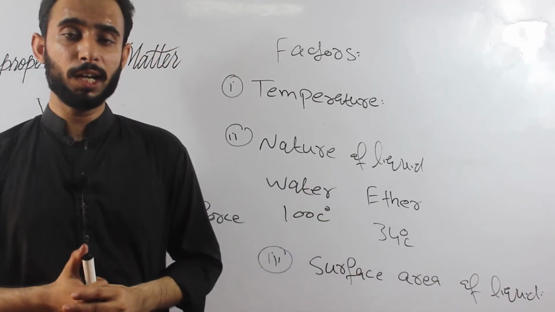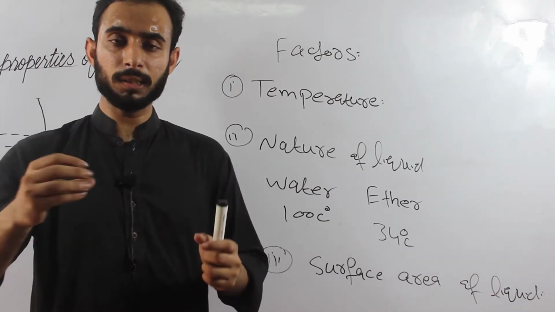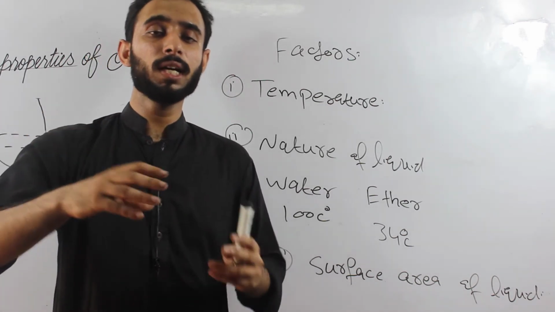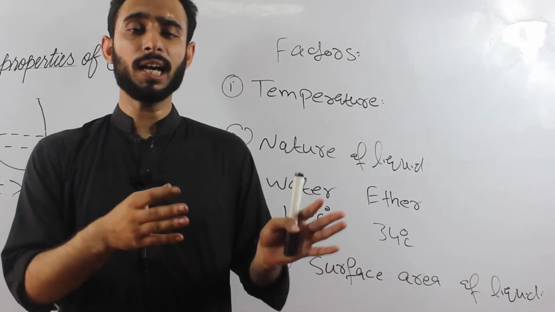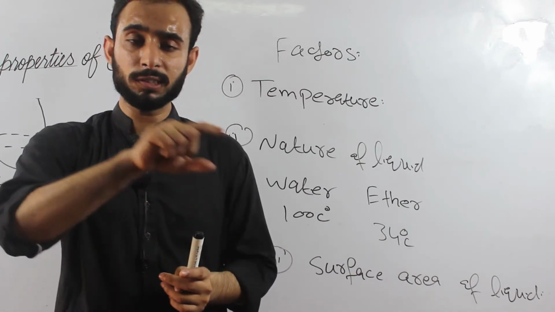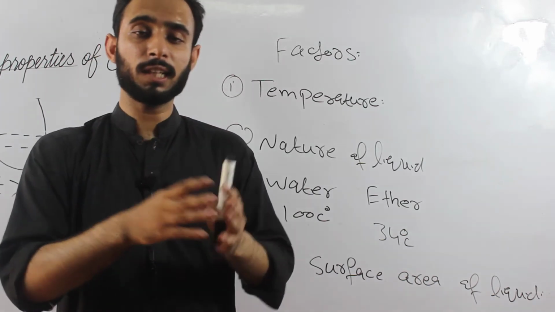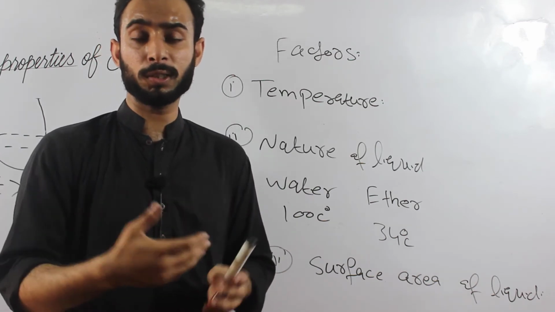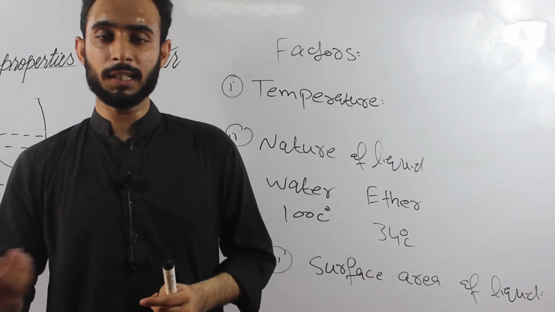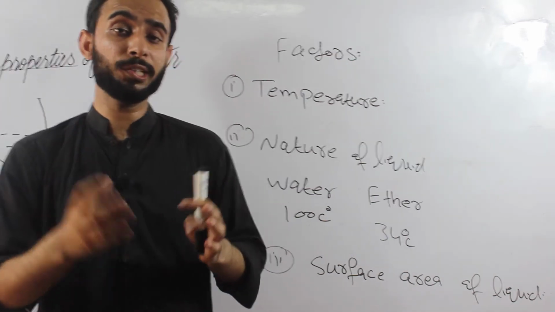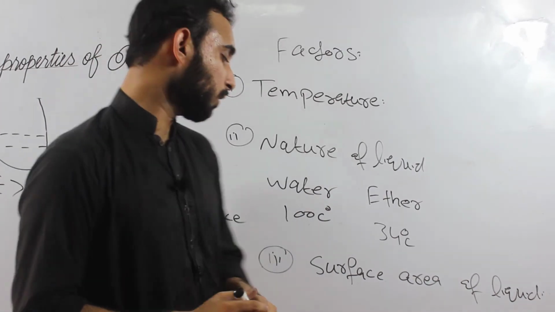Just like, student, if we have hot milk in a cup, now if we put this milk into a bowl, this milk will cool quickly as compared to the cup, because the surface area of the cup is very low. So whenever we put this milk into a bowl, the surface area is going to be greater. So that is why the milk will cool quickly as compared to the cup. That is why you can understand that the evaporation rate is greater when the surface area is greater.